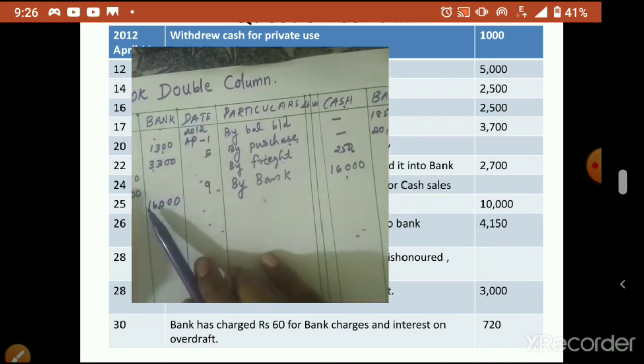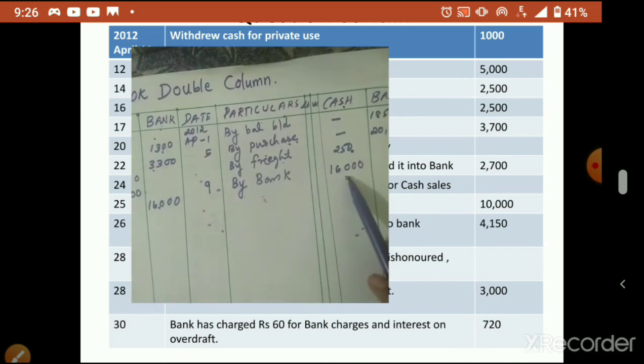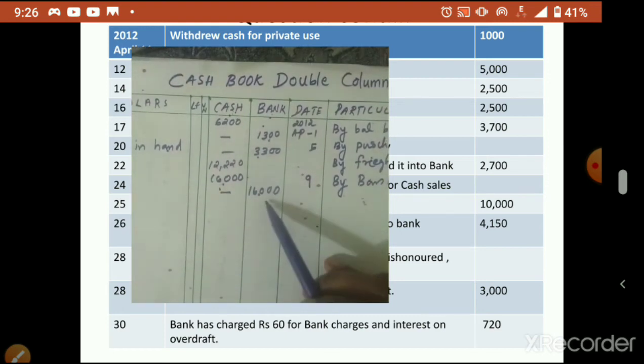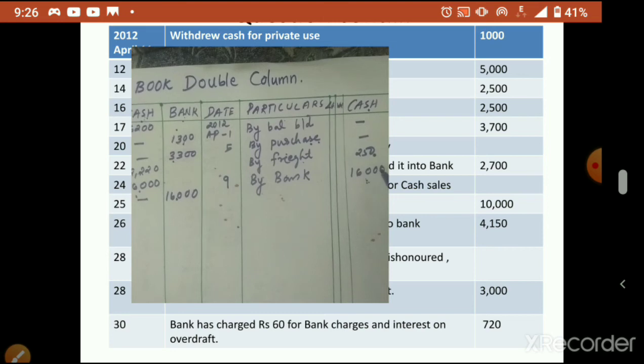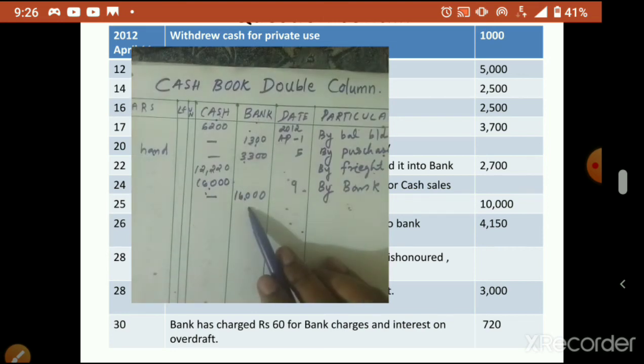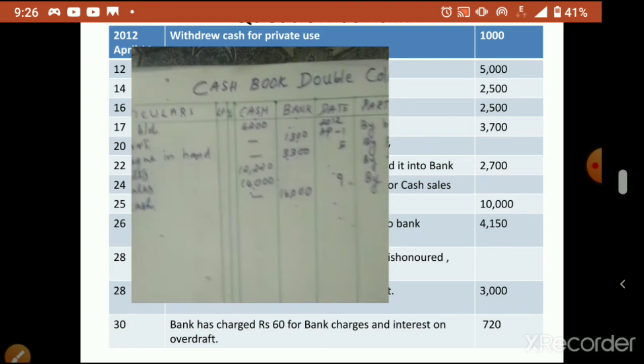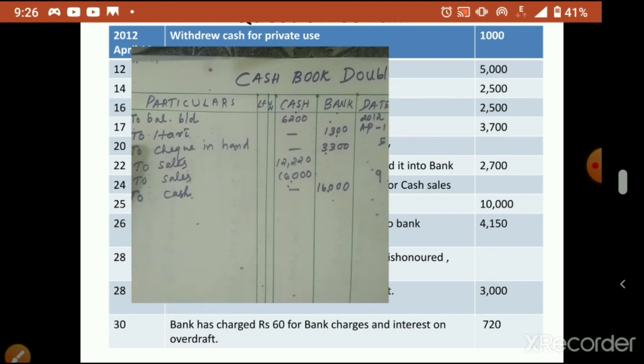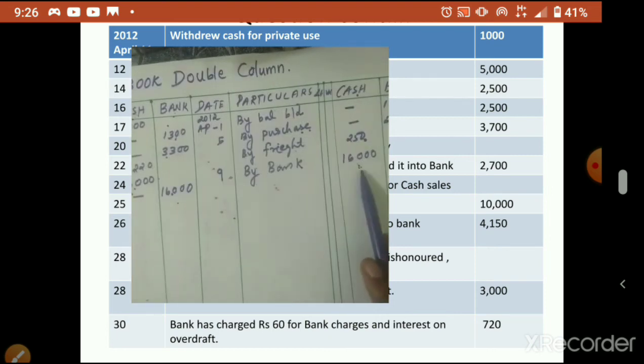The previous day sale happened, and that money is with us. So that money has gone from our hand to the bank, just like I am depositing my own money into my account. Okay. So now money is deducted from the cash column, but it is increased in the bank column, because I deposited into the bank. So that's why a contra entry is required. One side it has to deduct, another side it has to increase. In the bank column it is an increase, because now money is in the bank. But in the cash column it is a decrease, because money has gone from my hand.